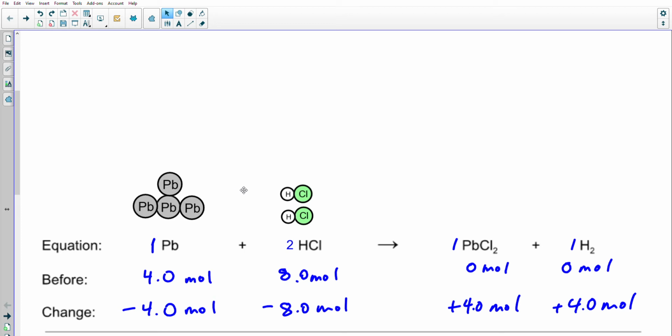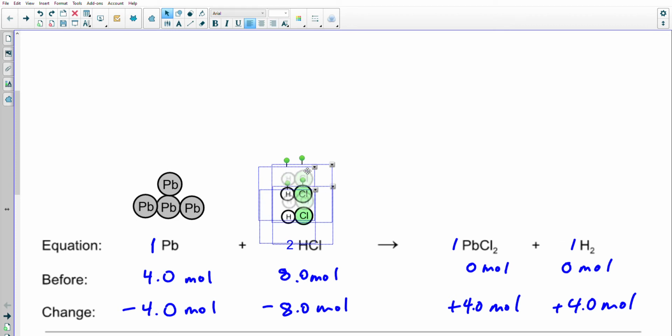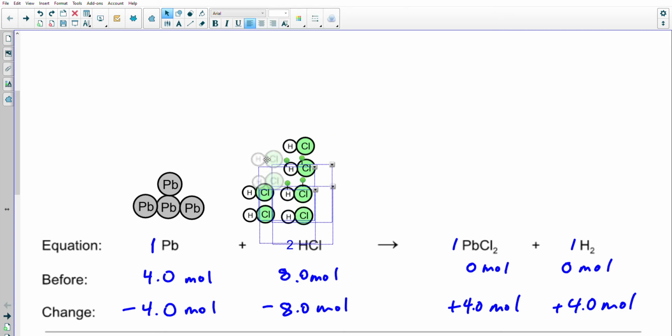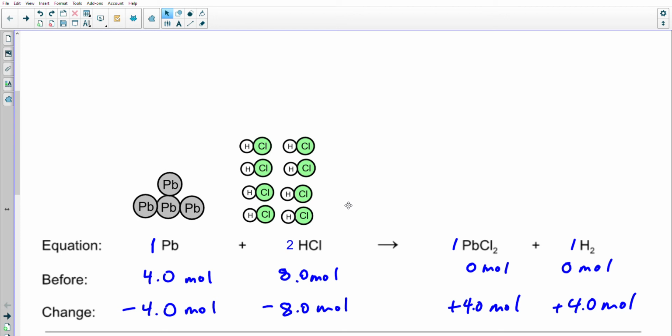Each one of those additional lead atoms is going to need 2 HCl molecules to react with. So I'm going to need to scale that up. If I want to make this reaction work with 4 lead atoms, I've had to scale this up now to 8 molecules. It's still a 1:2 ratio. It's a 4:8 ratio. And we can see how that would make 4 units of each of the products if we rearrange